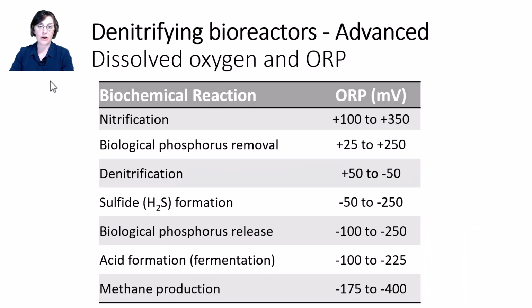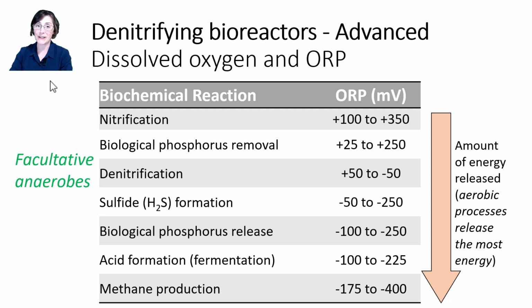Showing these biochemical reactions a little more plainly by ORP, we often say that denitrification is a process that is done by facultative anaerobes, which means they can switch from breathing, or in other words, reducing oxygen when there's DO present, to breathing nitrate, or reducing nitrate, when there's no oxygen present. When there's no oxygen present and these bacteria switch to breathing nitrate, that is the process of denitrification. However, the denitrifying bacteria get more energy from the reaction when they breathe DO, that is, aerobic reactions. So they prefer to reduce oxygen rather than nitrate.